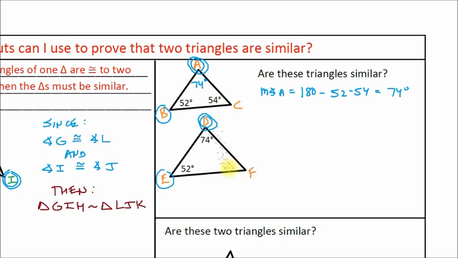Now, do I have to check the other angle, angle F? I don't even need to check it. I can do it, but I don't have to do it. I've already got two angles from triangle ABC that are congruent to two angles of DEF, and therefore I know that these two triangles are similar. So I can actually write my similarity right now. So I can write on here, since angle B is congruent to angle E and angle A is congruent to angle D, then